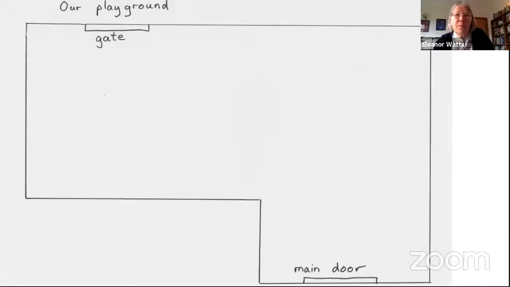Now here, for example, is my playground in the school where I work sometimes. There's just a gate and a main door. What can you do with this playground? Now, I'd like you all, teachers, please, to copy that L-shaped playground, or if you prefer, your own playground, a very simple one, and put in at least 3 ways that you can improve on your playground and bring nature into it. And I'm going to ask Anjana and Smita and Priya to think as well how they would add to their playground.